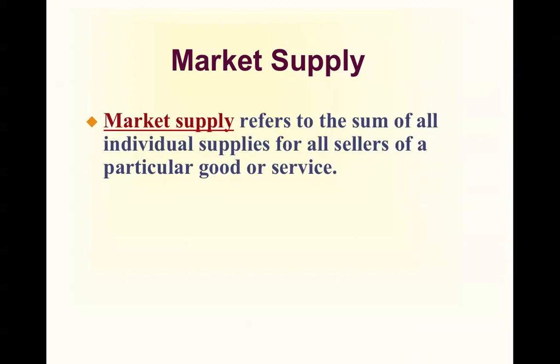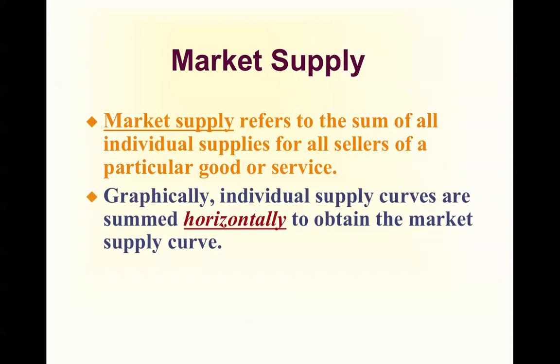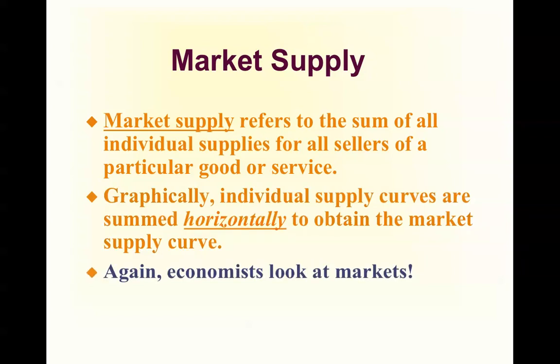Market supply, again this is analogous to demand, refers to the sum of all individual supplies for all sellers of a good or service. Graphically, individual supply curves are summed horizontally to obtain the market supply curve. Again, economists look at markets, not necessarily individuals. Okay, next slide is going to be